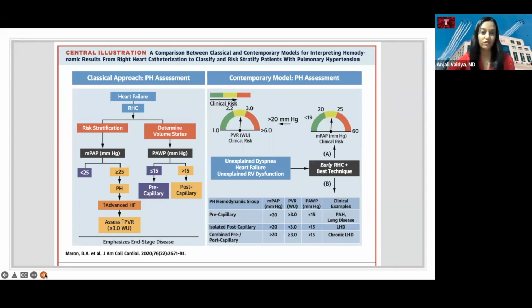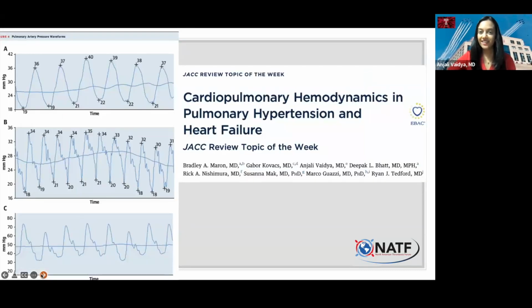And believe it or not, patients that have CTEPH can have a broad combination of how these numbers might turn out as well. And so it's a guide to help interpretation of what can often be a complex set of numbers. I mentioned the technique earlier.